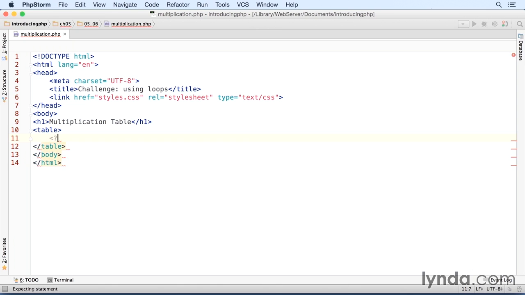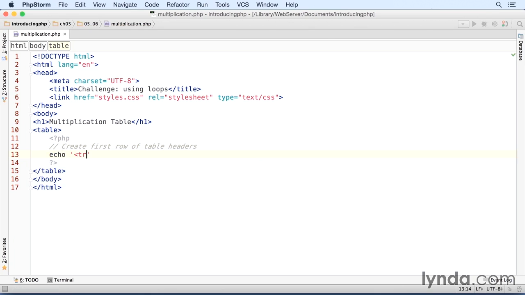So let's have PHP in there. And then so we know what we're doing, let's comment the code. So create first row of table headers. And we need to start the table row and create an empty table header for the first cell. So we'll use echo, then our opening table row tag, then on the next line echo, and we'll have a